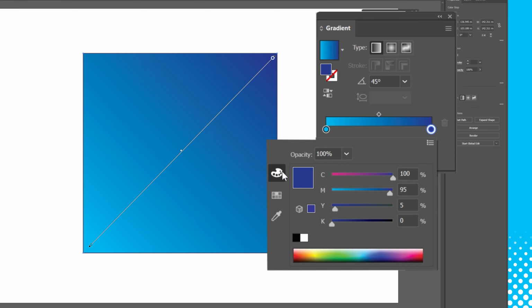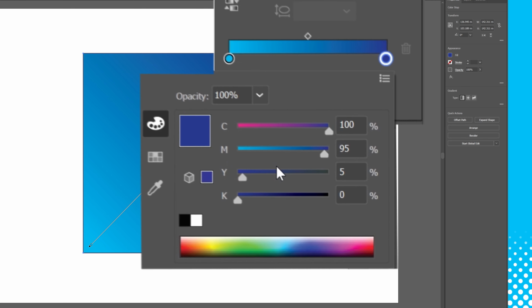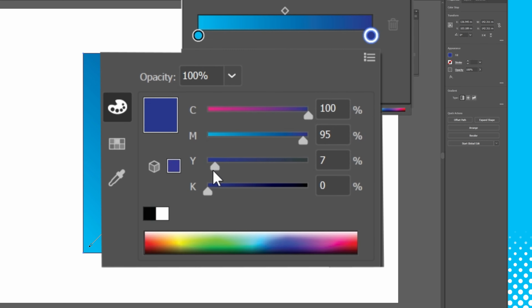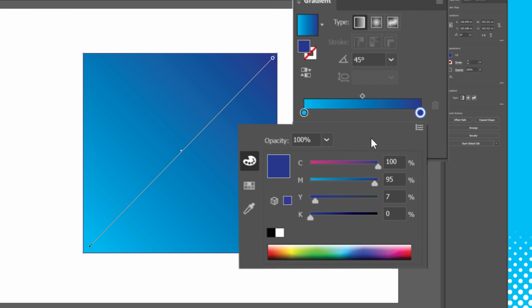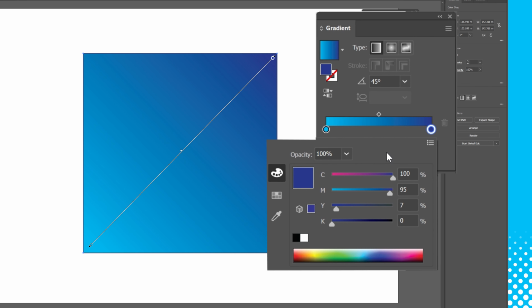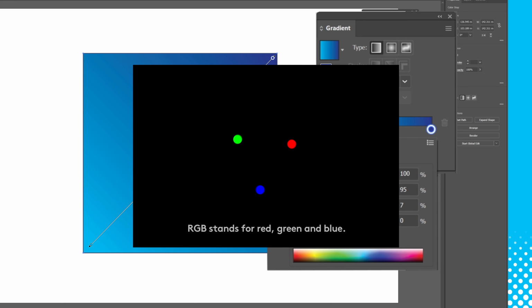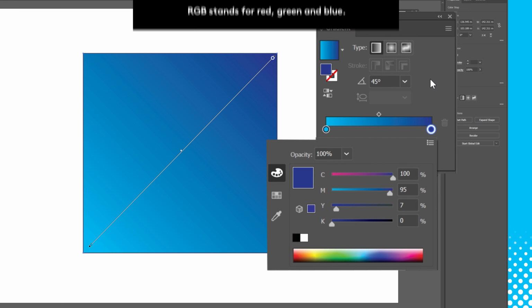If you're following along with this tutorial, an important thing that might have been different is that I'm using CMYK sliders, which are different to the traditional RGB you might be using when editing photos, and what you might be seeing on your Illustrator. CMYK is a color process used in printing, and so has a different color space to your monitor. We've made a video explaining the differences, so click the pop-out banner in the corner or follow the link in the description to find out.